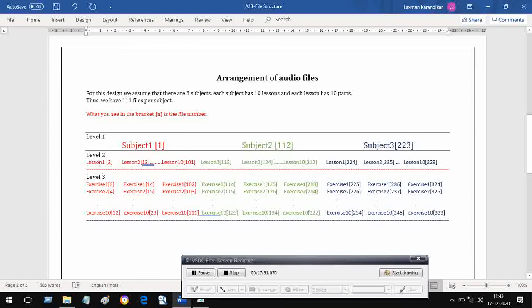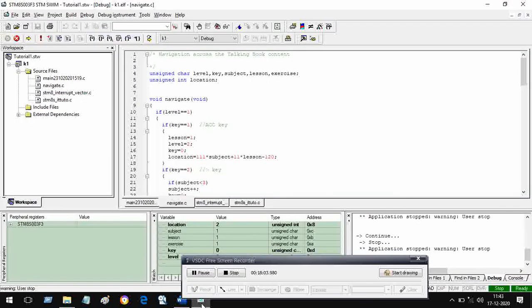You are at subject 1, you pressed the accept key, so you come over here, and the address here is 2. Let us see whether this address 2 is generated or not. So let us go back, and I press the key value I set at 1,